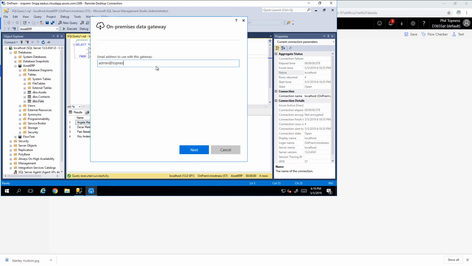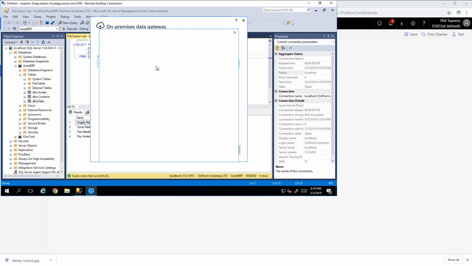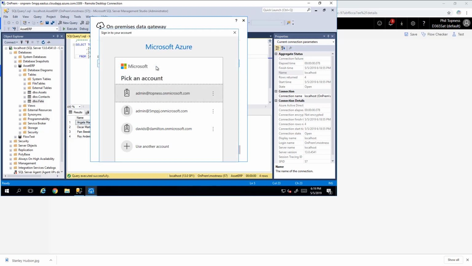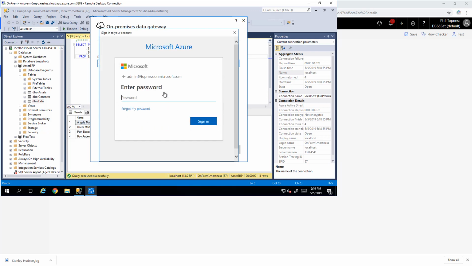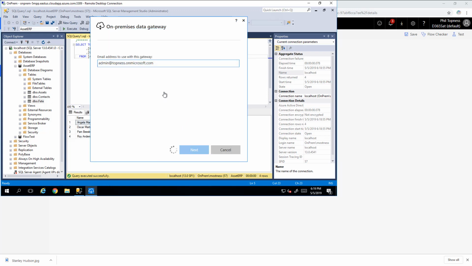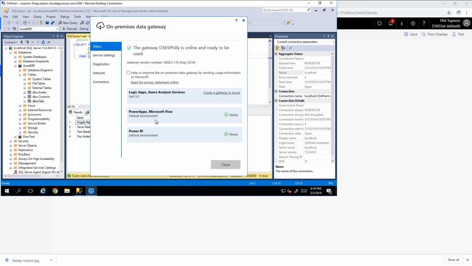So you'll download this from Microsoft. I'll put a link in the description. And then you'll log in just as you would log in to your PowerApps environment, using the credentials you want to connect to PowerApps or to the Power Platform. And so here I'll log in. And once we've logged in, then you'll see that it's connected to Power Platform. Now the first time you set it up, you'll also give it a name. I've given it the name D365 Philly here. So now this is ready to go, and we're ready to go into Flow